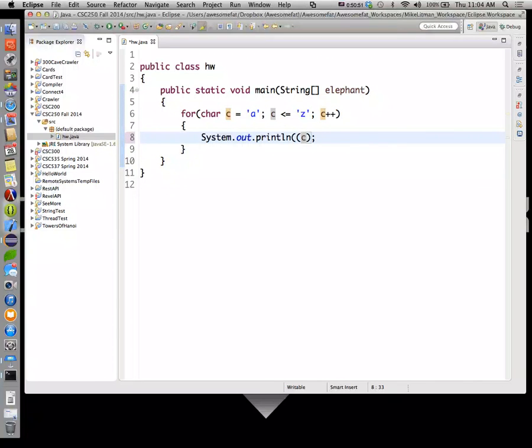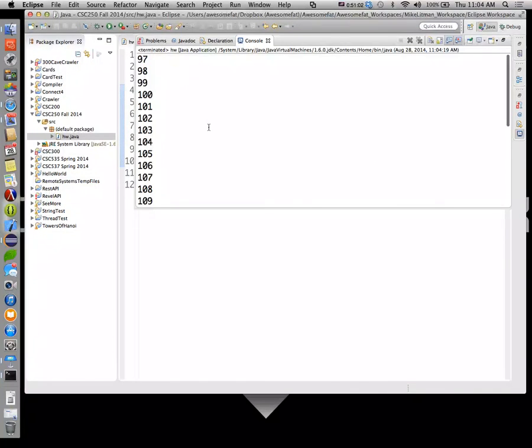But if I force it to print out the integer version of that, it's going to give me the actual Unicode values of those. So A is a 97, B is a 98, so they're all next to each other. Make sense?